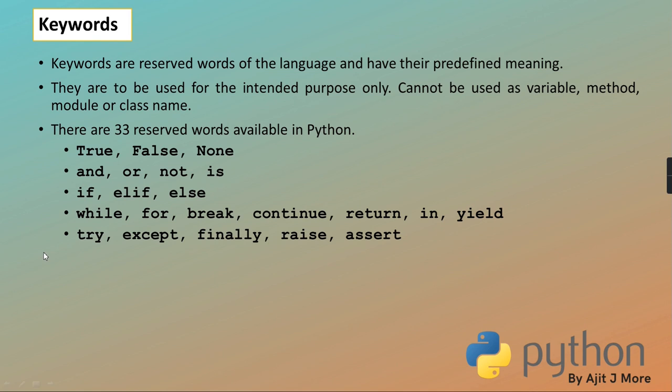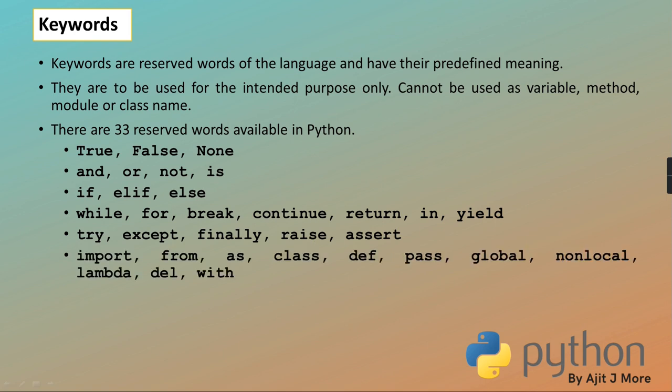So at that time you will be learning try, except, finally. Instead of except, C++ and Java have catch. So here there is except. Then assert is there in Java, and in C++ also it is there. Raise is throw in those languages. Like C++ and Java have throw; here it is raise. Functionality is the same.